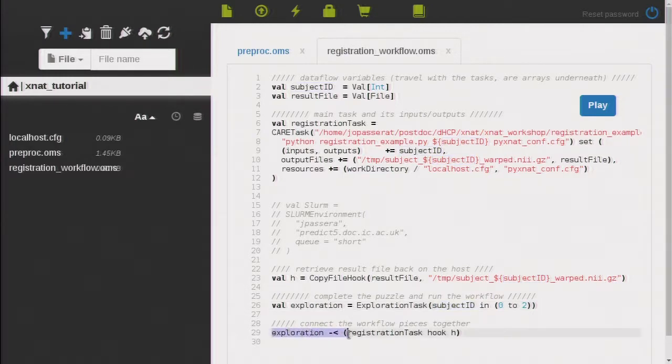And once I connect the workflow, each of these values will generate a different instance of this registration task. And this registration task will then have a different input parameter for each of the values in the subject ID variable, so 0, 1, and 2. The hook that is afterwards is just a way to retrieve the output files when they are generated on a remote environment, to automatically bring them back on your host machine. So this is a complete workflow. And if I hit play,